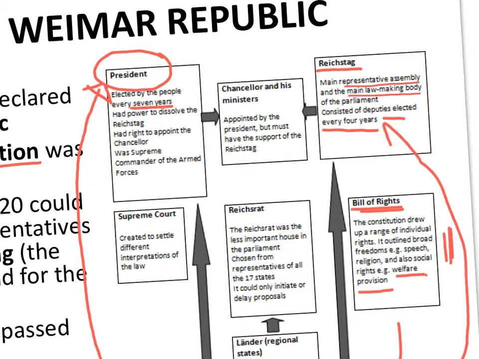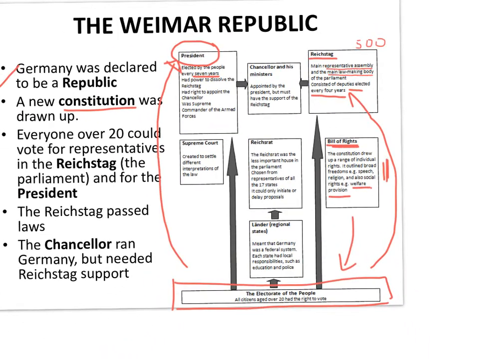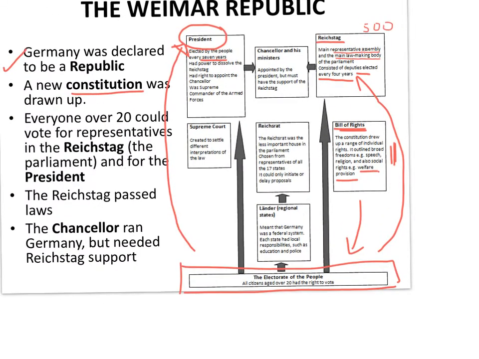Okay. Now, roughly speaking, there were about 500 what we call deputies, or who had seats in the Parliament. And that's where real power lay. So again, looking at the diagram, that's what these upward arrows mean that you've got here. Those upward arrows are basically saying power lay at the bottom of the pyramid with the ordinary people. They are choosing the president, they are choosing the Reichstag.